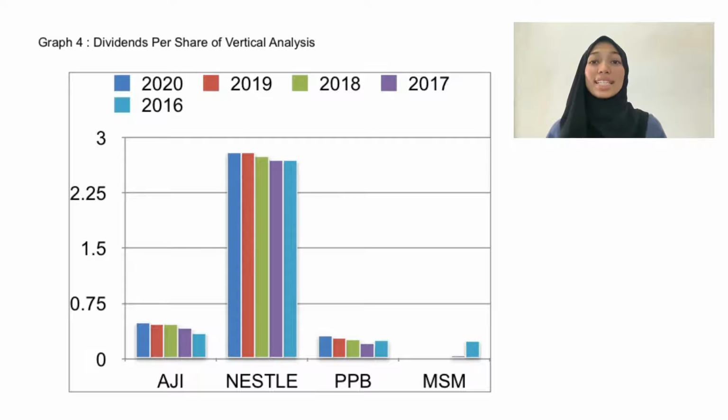MSM shows a stagnant dividend per share to its shareholders as it is uneven and not consistent. The increase of profit to the firms is also affecting the factors of dividend payment. In a nutshell, Nestle has the highest common dividend paid by the company per share compared to Ajinomoto, PPB and